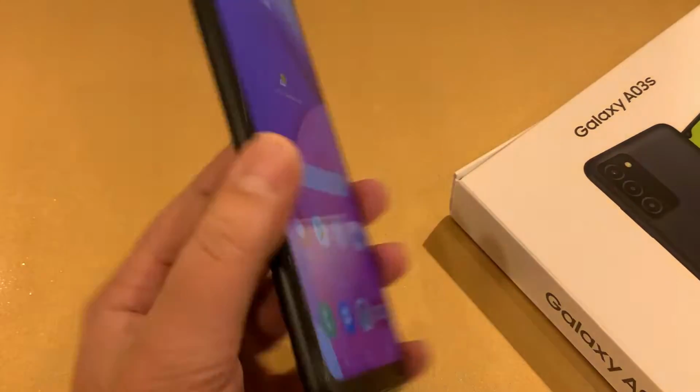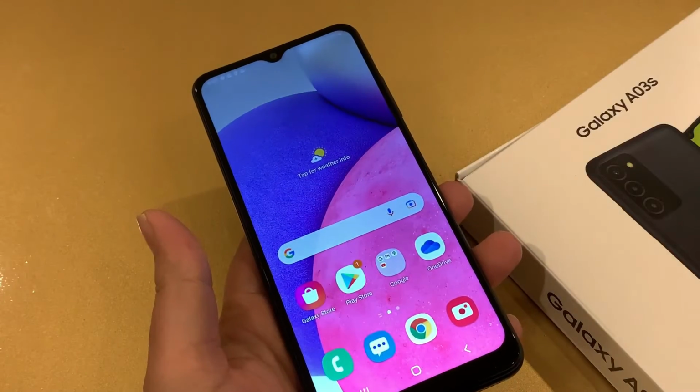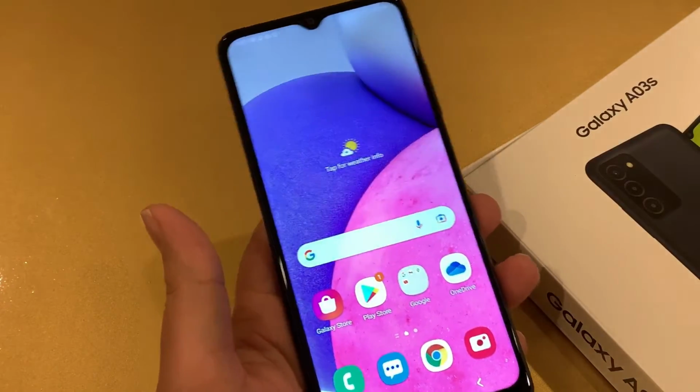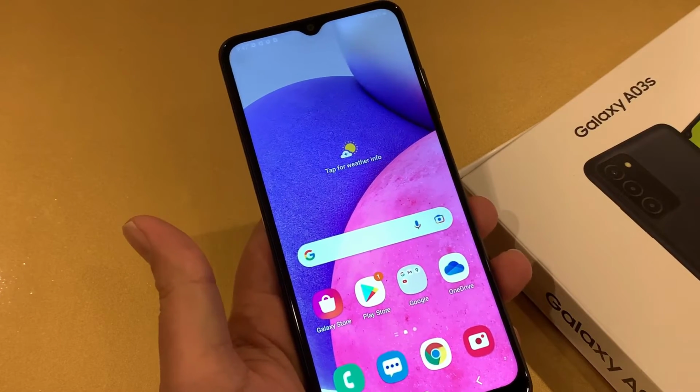In this video, I'm going to show you guys how to hard reset Samsung Galaxy A03s by Boost Mobile. I always mention two different scenarios regarding hard resetting. The first one in which you have access to your phone